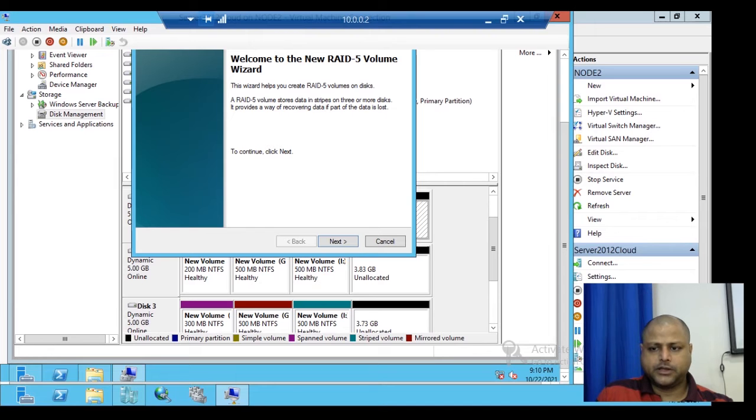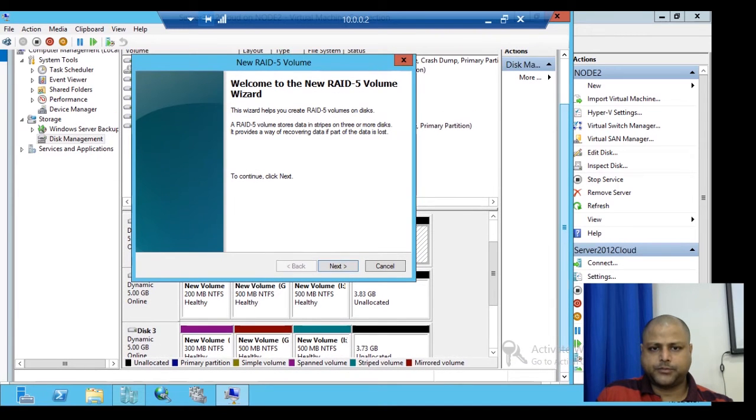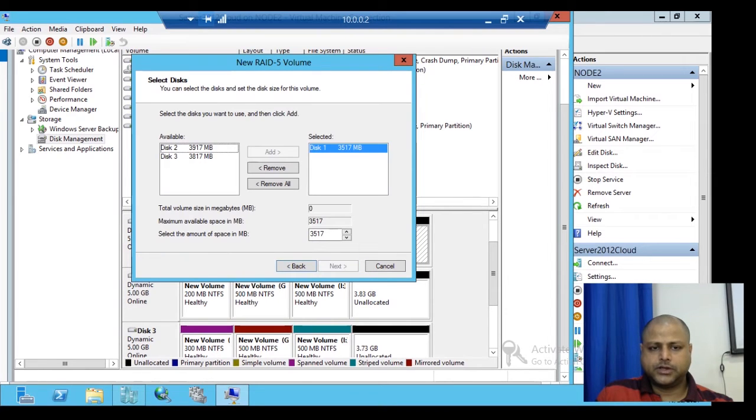The moment we click on RAID-5, the welcome wizard pops up: Welcome to the New RAID-5 Volume Wizard. We'll go to Next. We can see that 3 disks are available, and we will add all 3 disks. It will stripe the disks at the same size.